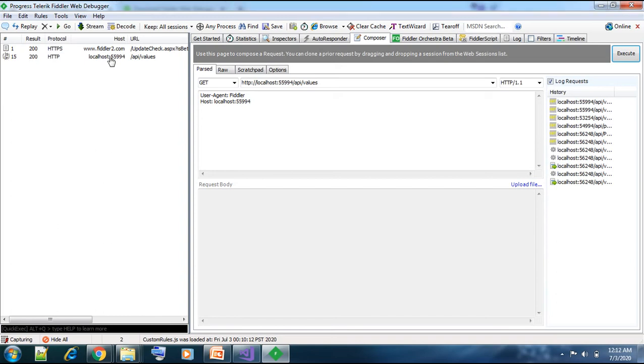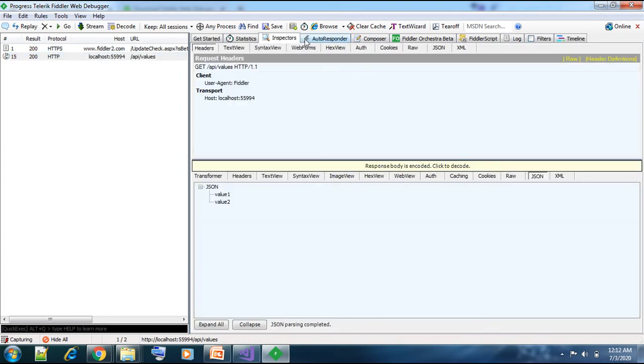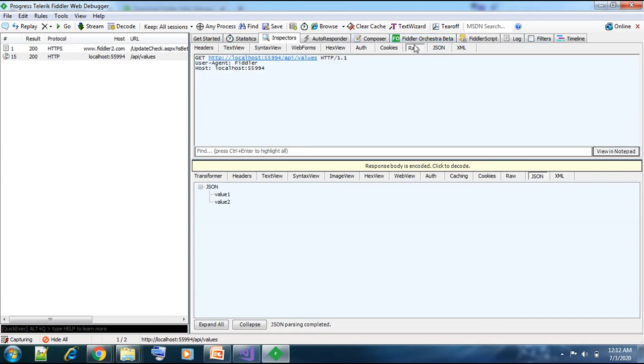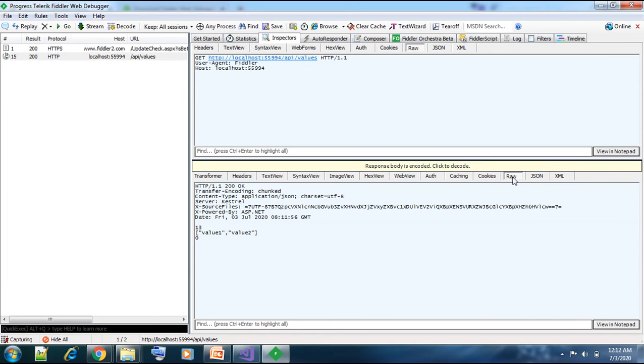Let us double click on this result row to open the Inspector tab. This top pane shows the request header and the response is in the bottom pane. We can also see the raw request header and the response by clicking on this Raw tab of the request and response respectively.